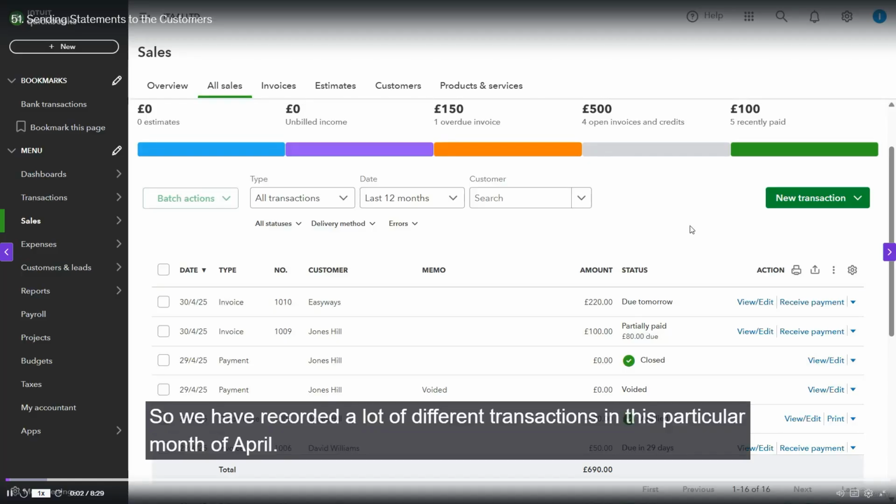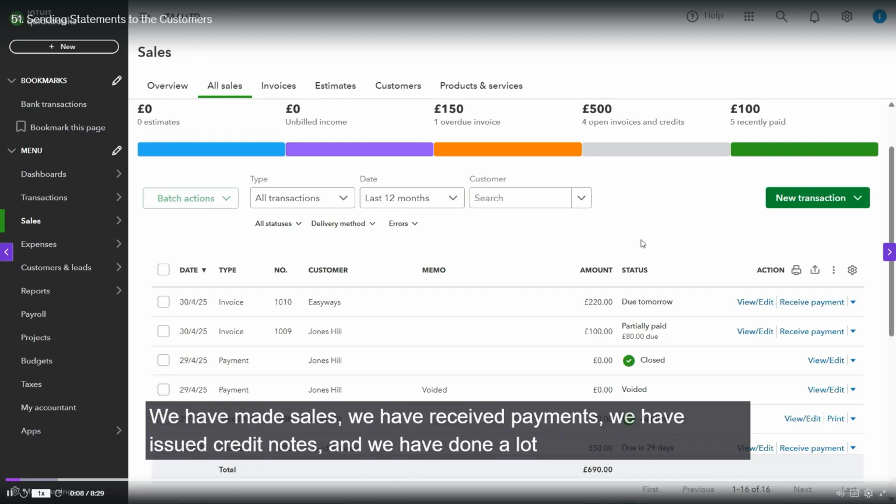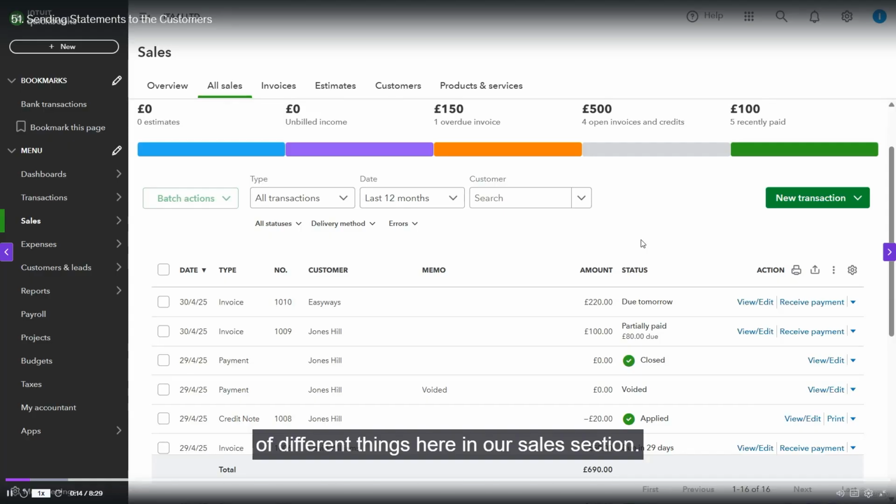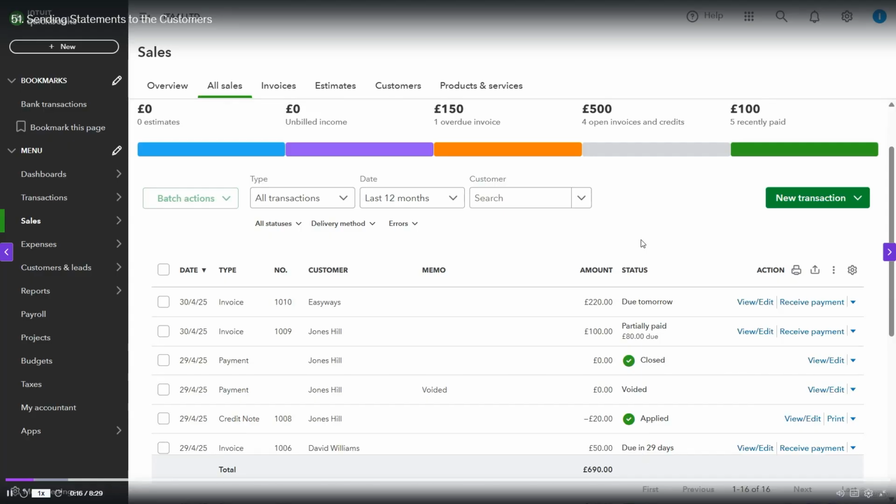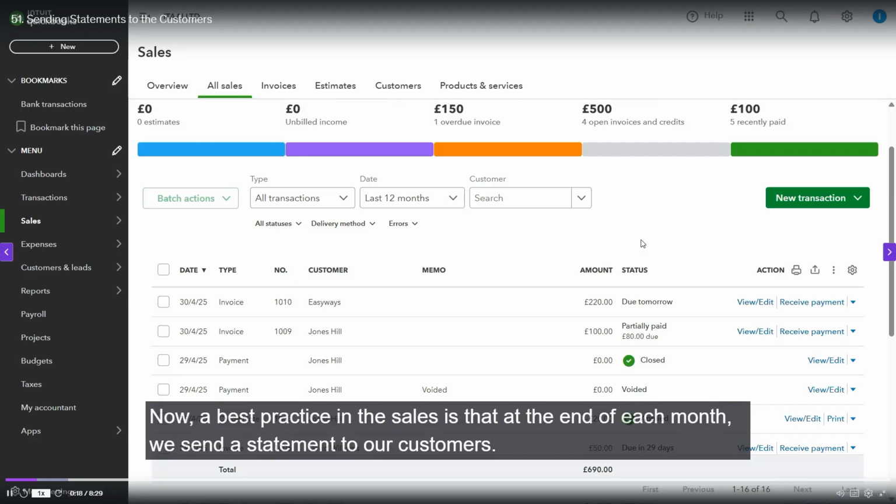So we have recorded a lot of different transactions in this particular month of April. We have made sales, we have received payments, we have issued credit notes, and we have done a lot of different things here in our sales section. Now, a best practice in the sales is that at the end of each month, we